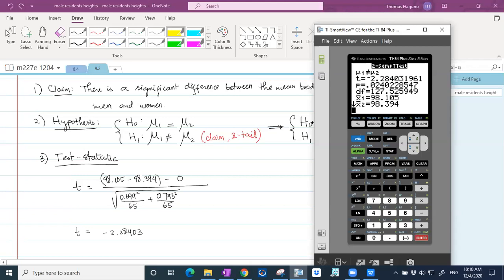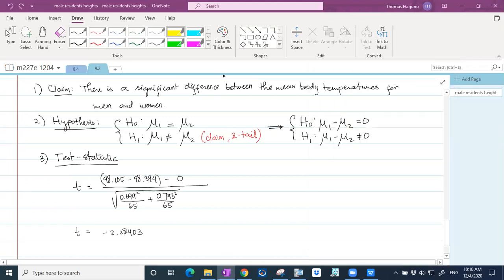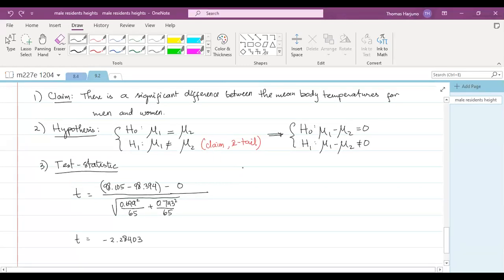Okay, now going back to our work, p-value, next to it, number 4, p-value. It's a two-tailed test. This is negative 2.28403. Whatever that is, I will need to double it later on. So p-value is